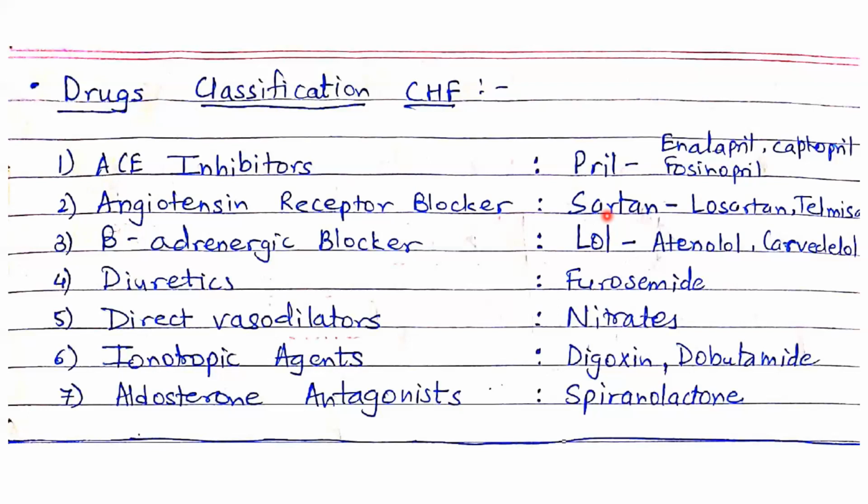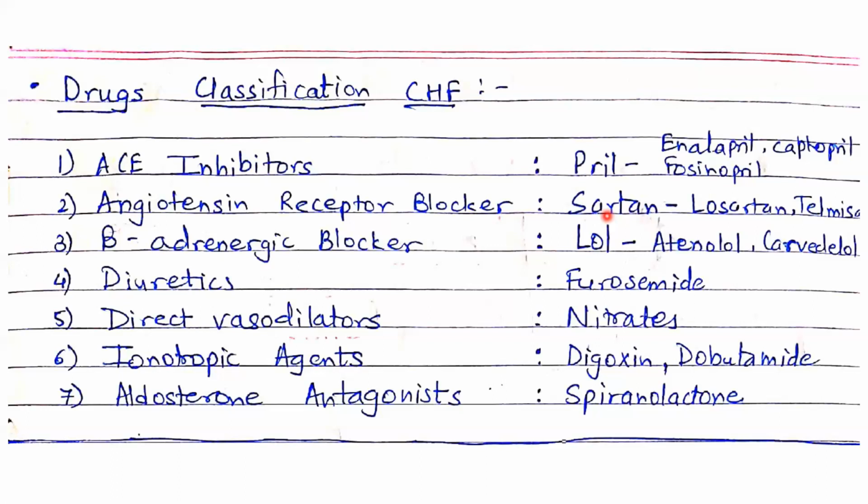Then diuretics. Diuretics are extremely useful in case of congestive heart failure. You remember congestion. To decrease congestion, you need to decrease volume. Whenever there is a need to decrease the volume of fluid inside your body, diuretics play a very important role. By now you will come to know that diuretics, though it looks like they are just increasing sodium and water excretion, have very wide applications. They are used in hypertension, and they are used in congestive heart failure.